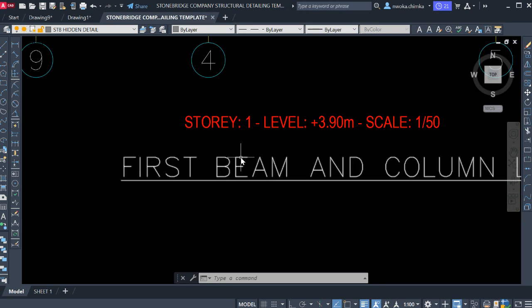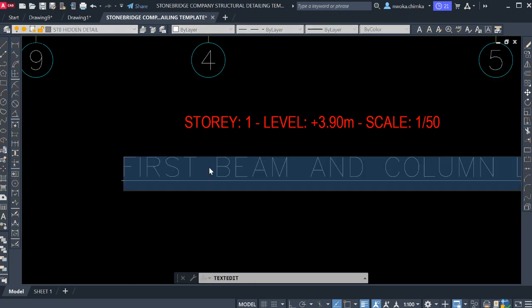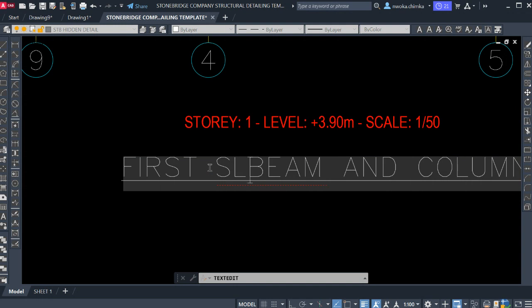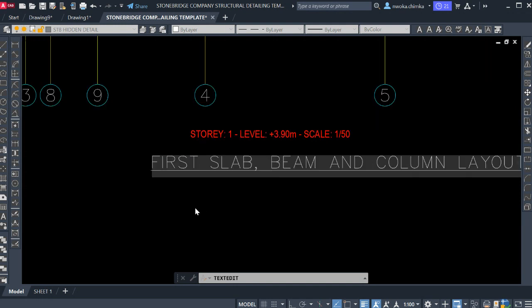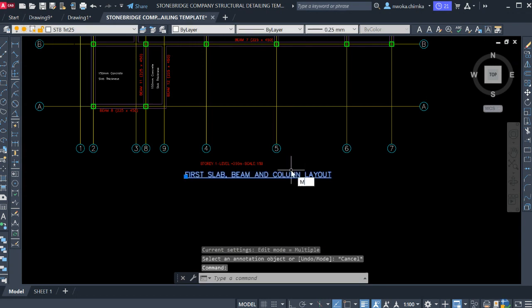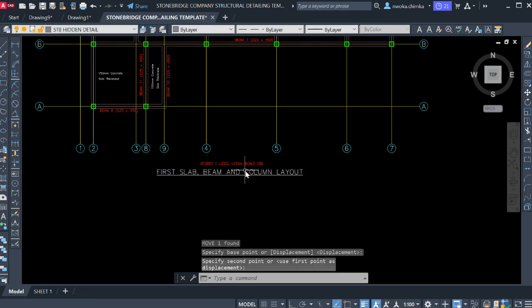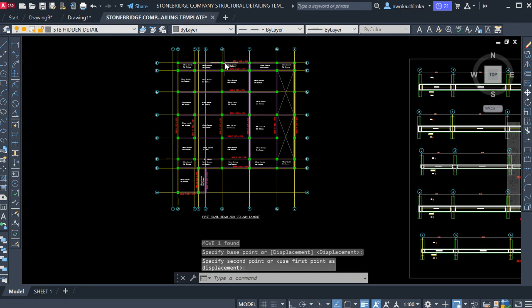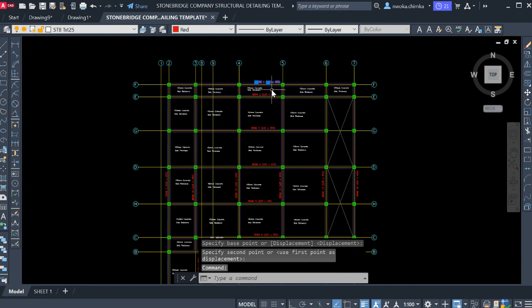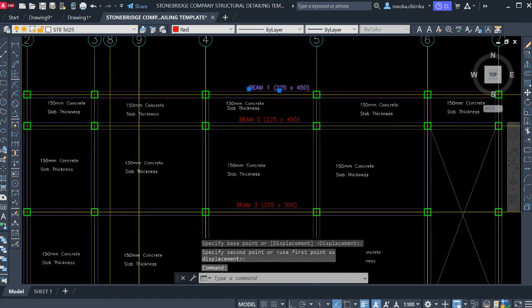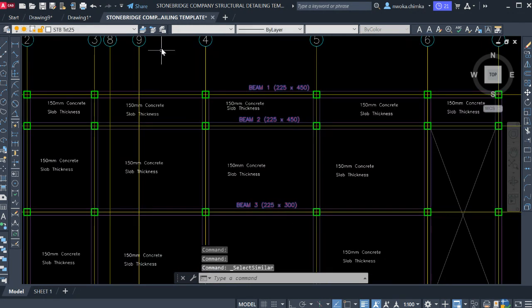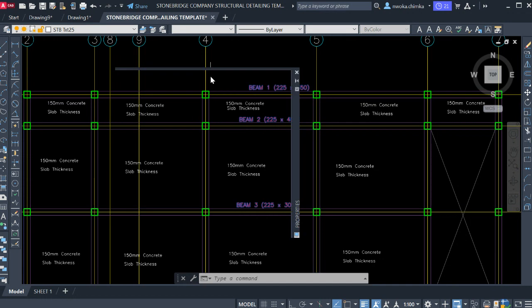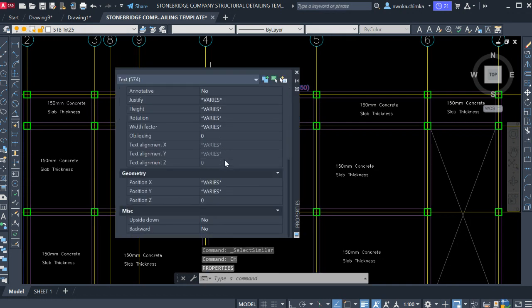So to name it first floor, we put here slab, comma, beam and column layout. This is still okay. So we can now do this and then remove this immediately because we have changed the name to a master name. So we can now paste this. So with this right now, we can change this color back to white. So just click on this, right click and say similar and then CH, which is properties, and then change the color which we have